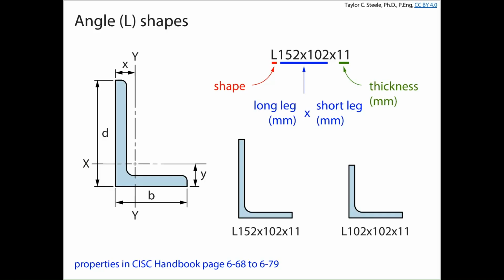You might think, well, 152 by 102, why isn't that just 150 by 100? That would be a round number in millimeters. We're a metric world. Why do you think that those numbers are so weird? The Americans, well, more specifically, the world before metric in general. We are still more or less very closely tied to the economy in the United States. And the steel suppliers in general, even in Canada, before we introduced metric, they were set up to roll things